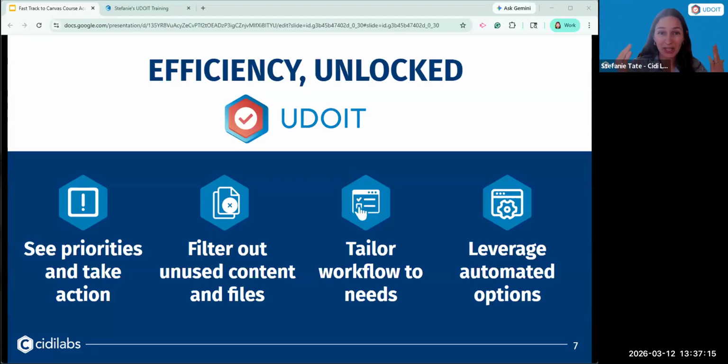With UDOIT, you're also not locked into a single workflow, right? So you can actually tailor your flow to match your recent accessibility training to support a